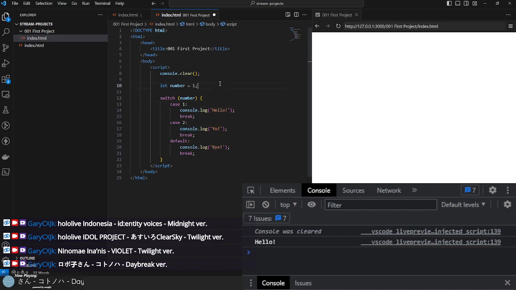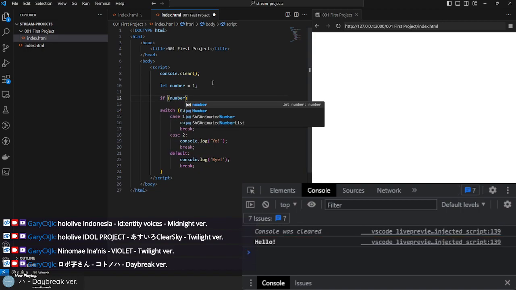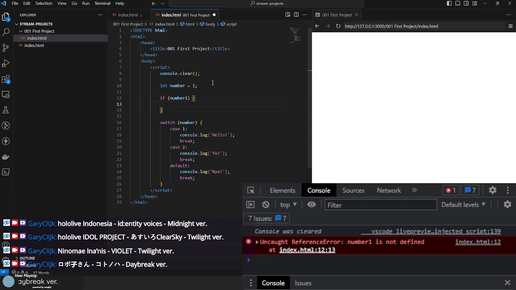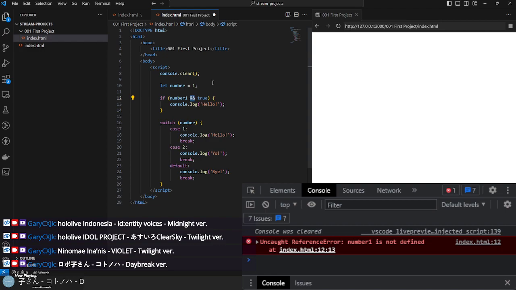Okay, so what we've done is we've used if blocks. We've also used comparators, or well, operators, and we have the AND operator and the OR operator. And yeah,